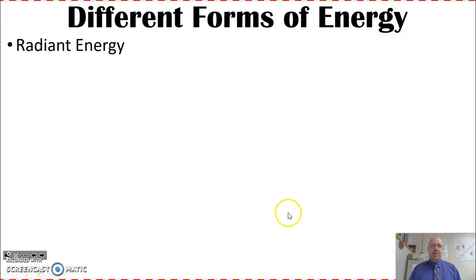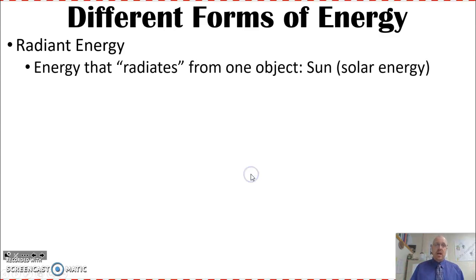So there are different forms of energy. What do I mean by different forms of energy? Well, the first one we talk about is radiant energy. This is the basic energy that all energy in the universe comes from. It's energy that radiates from one object to another. Think of the sun. All the energy on the earth has come from the sun. We all require the sun for any of the energy we get. How does that work? Well, plants use photosynthesis. They take the energy from the sun, convert it into chemical energy, and then we eat that chemical energy to gain our energy. Animals that did that long ago died, fossilized, became oil. We burn that for fuel. So that all comes from radiant energy.